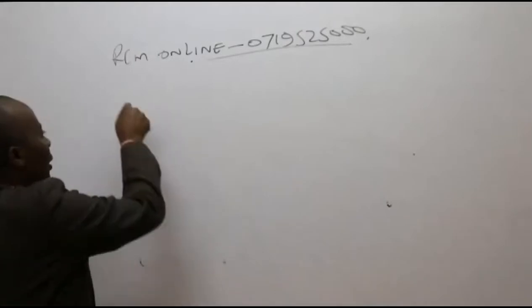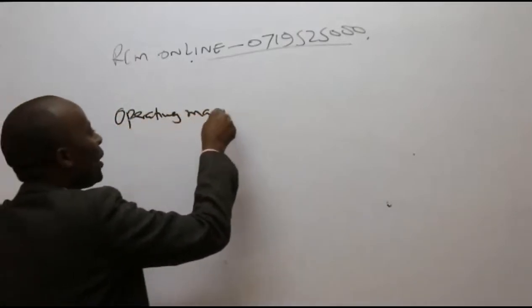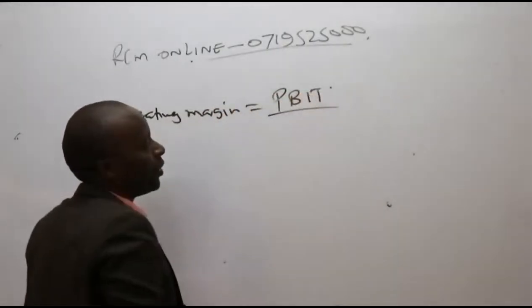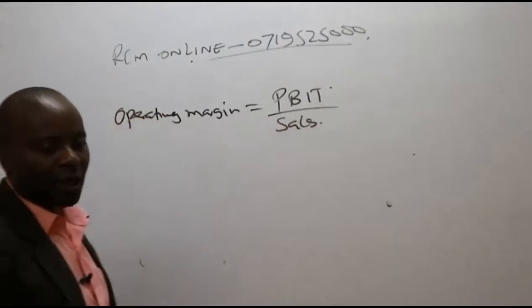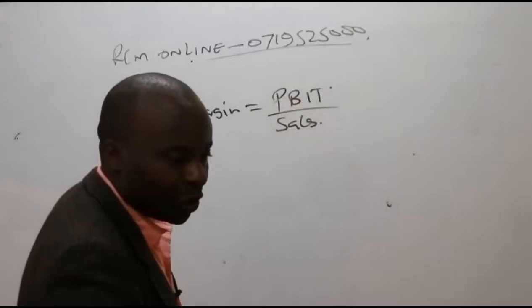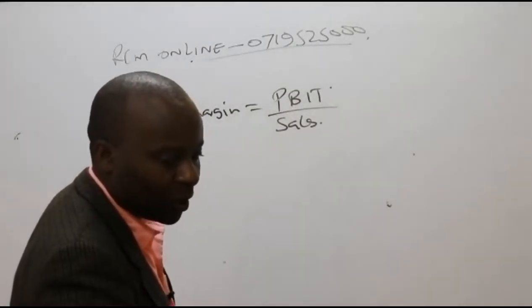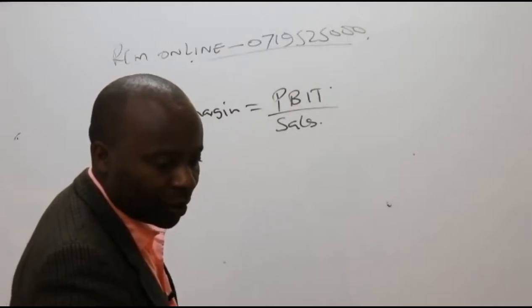For me to get operating margin, I will take the operating profit, which is profit before interest and tax. Divide this by what here? By sales. So operating margin is operating profit over sales. The word margin means that we've got sales in the denominator. So ladies and gentlemen, I would want to share my screen with you so that we can just fix these